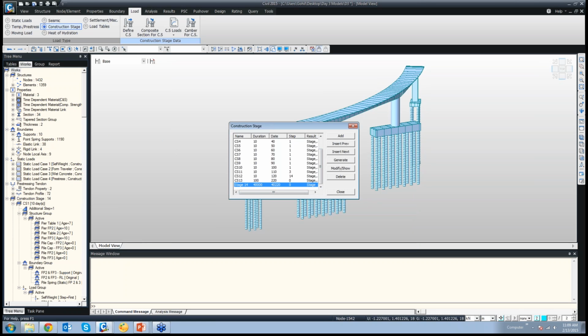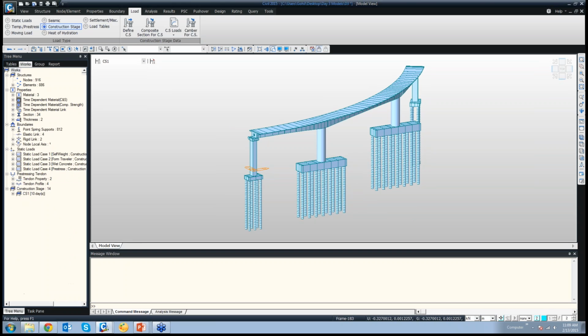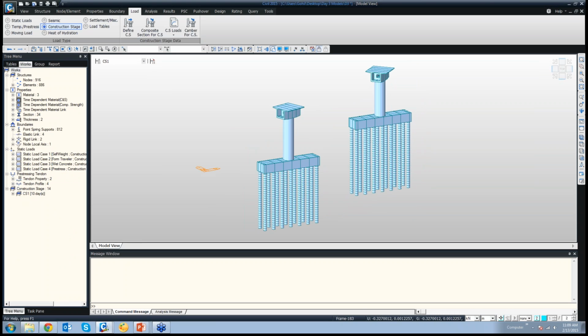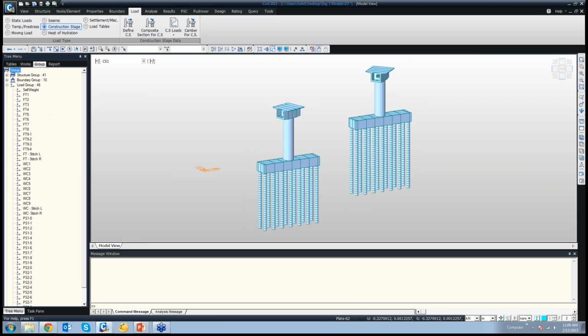Now, yesterday we talked about defining groups, that only groups can be activated or deactivated in a construction stage. So if we see the first construction stage, these are the elements that we are seeing in the first construction stage. If we go to groups, these elements have been assigned to certain groups. To check those groups, there is a structure group, there is a boundary group, and there is a load group. Nothing has been assigned to the tendon group because, as we discussed yesterday,